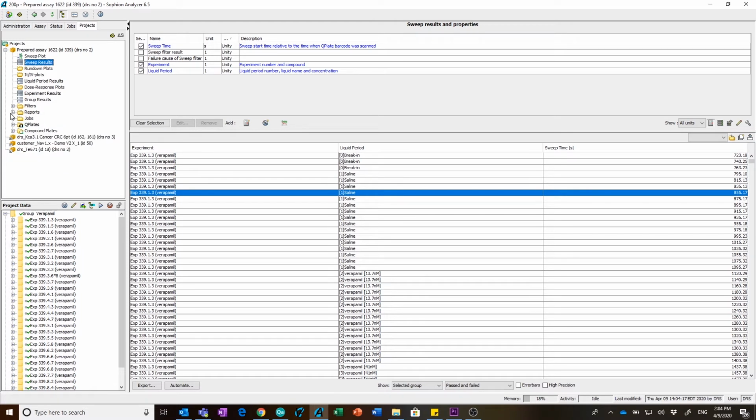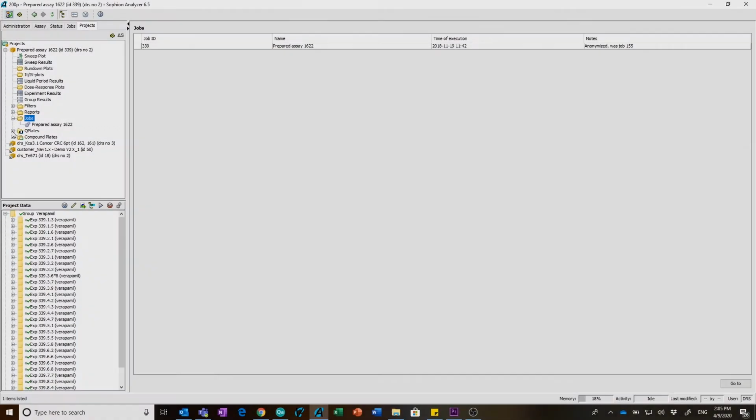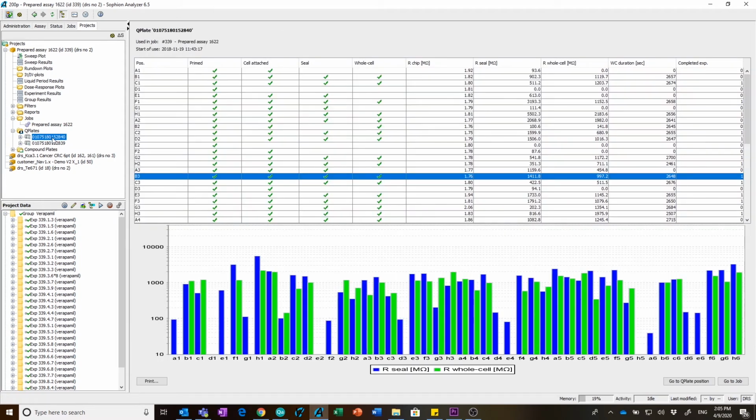A further possibility is to look at the job and get a straight overview of the performance. It is possible to click on the Q plate, and here we see all the Q plates that were run in this job. In this particular job, 2 consecutive Q plates were run, and we can see an overview of the performance here. When clicking on the Q plate, we will see an overview of all the different wells with